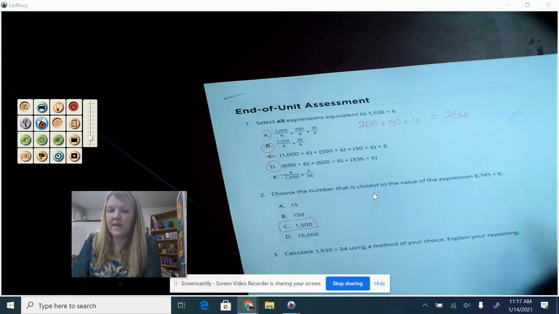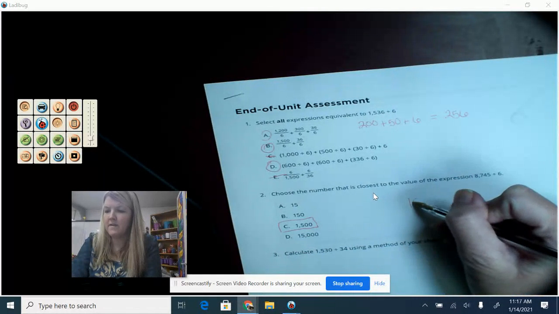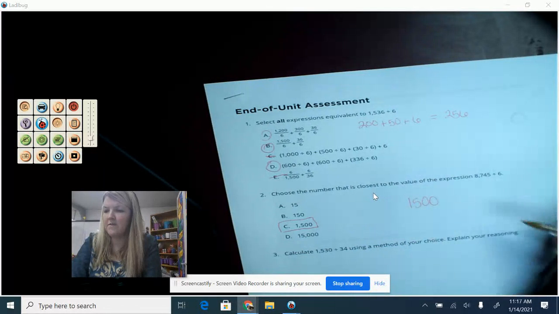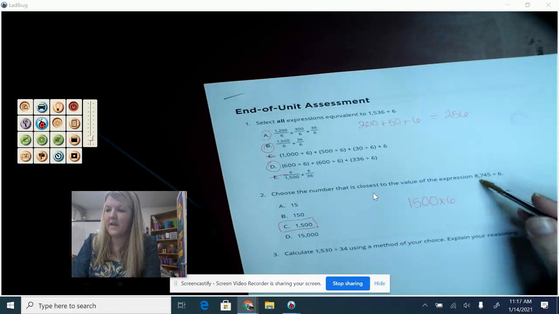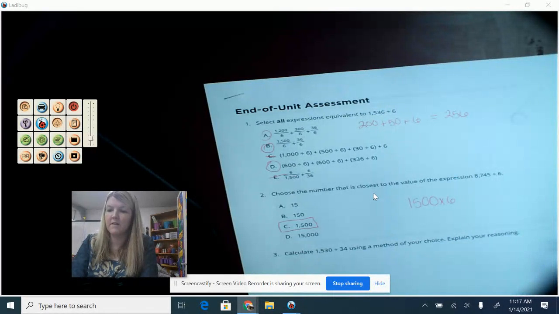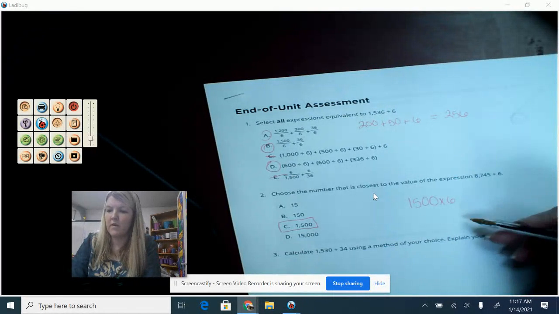And I can check that by multiplying the 1,500 times 6, and I should get something that's close to 8,745. So if I use